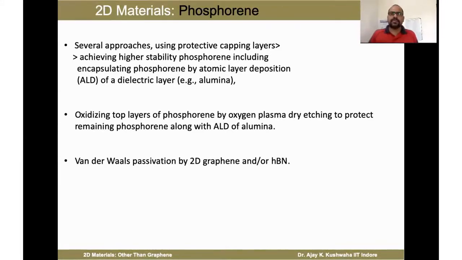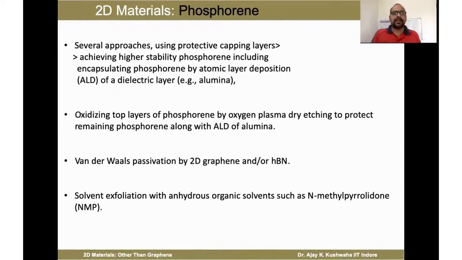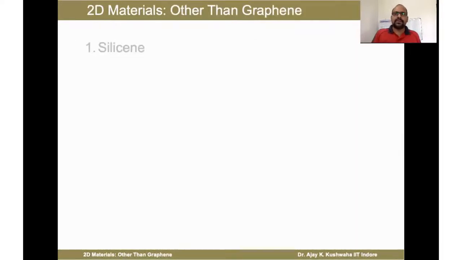Or we can coat with graphene or other 2D materials which are stable, and maybe we can dip in some kind of solvent such as NMP, which is not initiating any kind of reaction. So we can make a solution stable by basically putting the solvent together. So that was about the